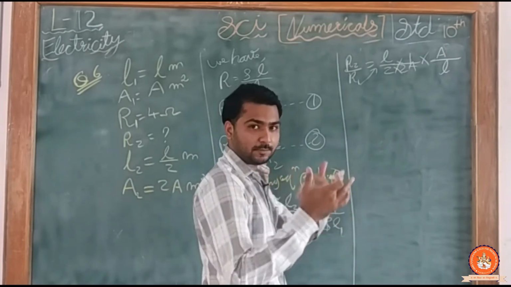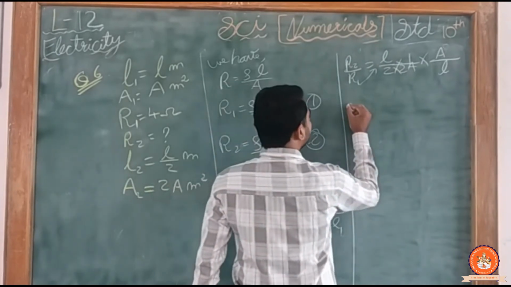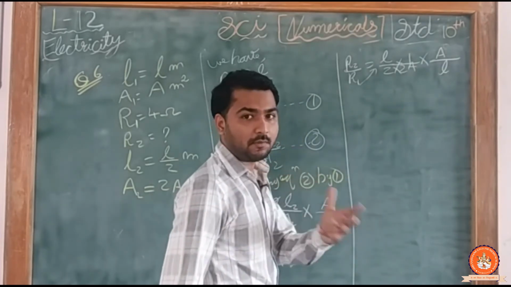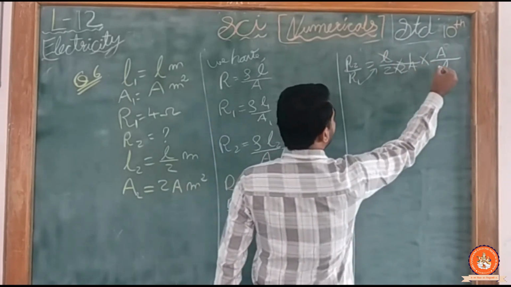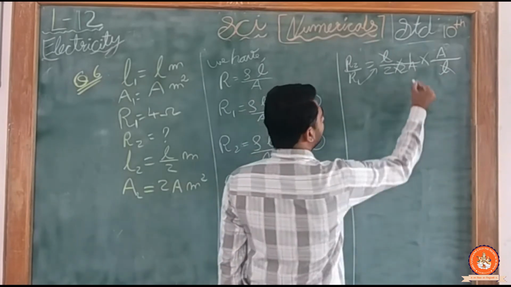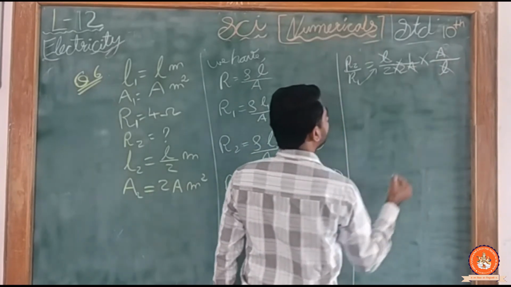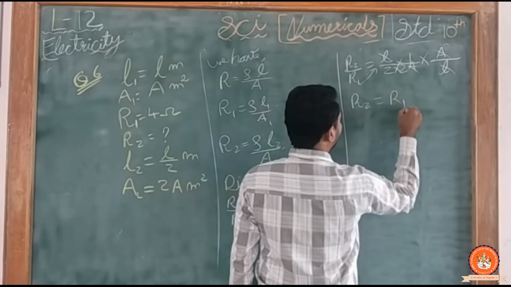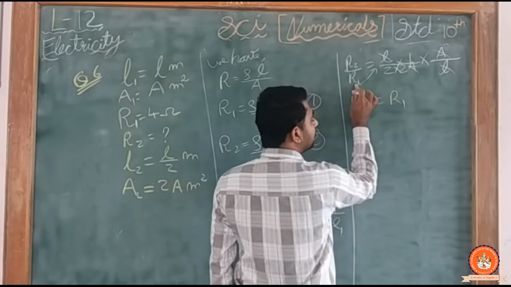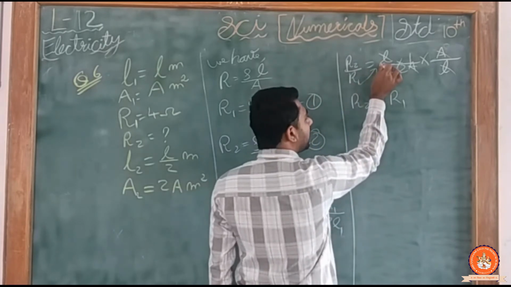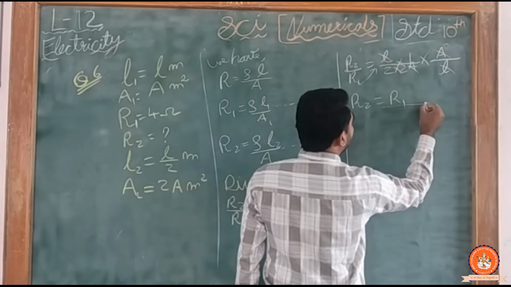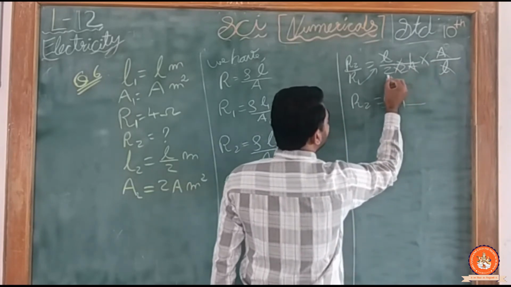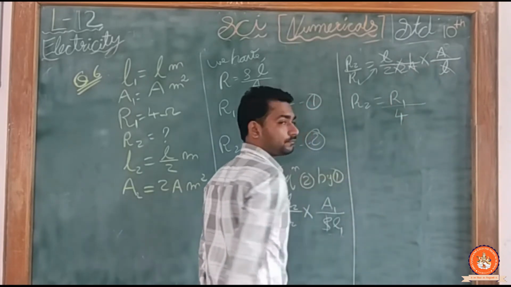देखो फिर से वो चीज रिपीट हो रही है बार बार. Clear? So what I will do, I will cut the term which is able to cut. Okay, so here L is cut, yes or no? Now 2A is cut. So what is given here? R2 is equal to R1. It becomes, this is in division, it will multiply over here and divide by, there is nothing. Okay, and in denominator there is 2 to the 4.